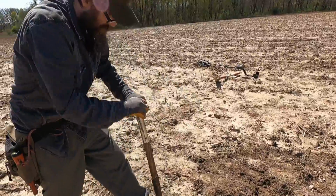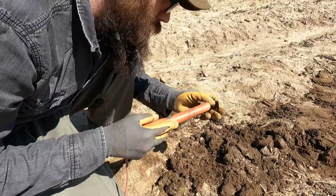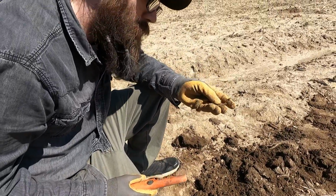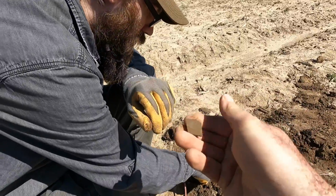Yeah. You got a little squeaker there, huh? Yeah. Let's see what we got here. I don't even know what that is. A little piece of metal, I guess. Let's take a peek at her. Oh, that's the only...